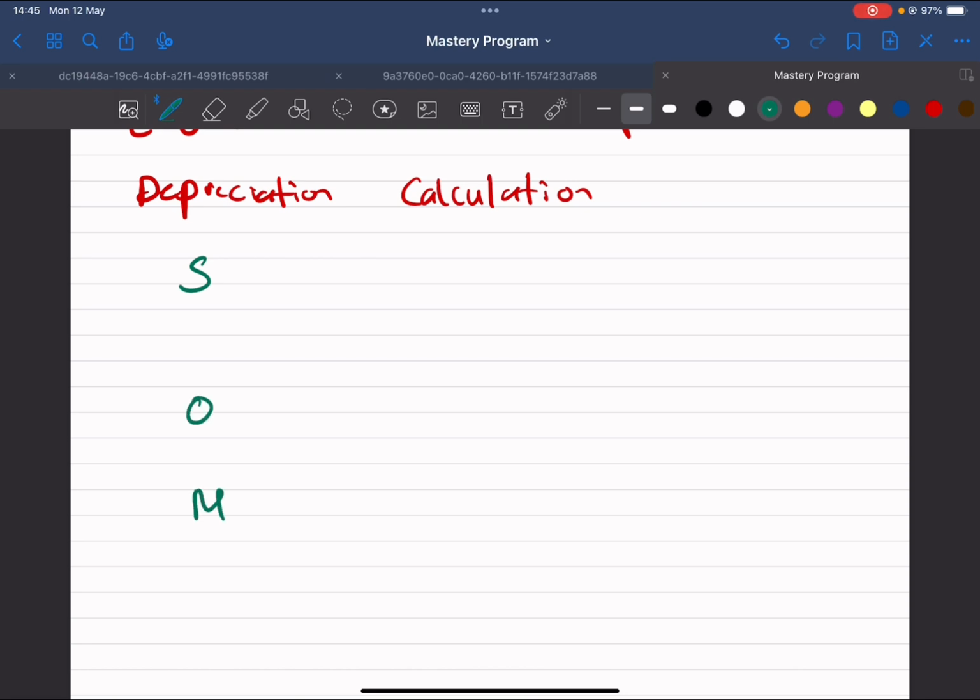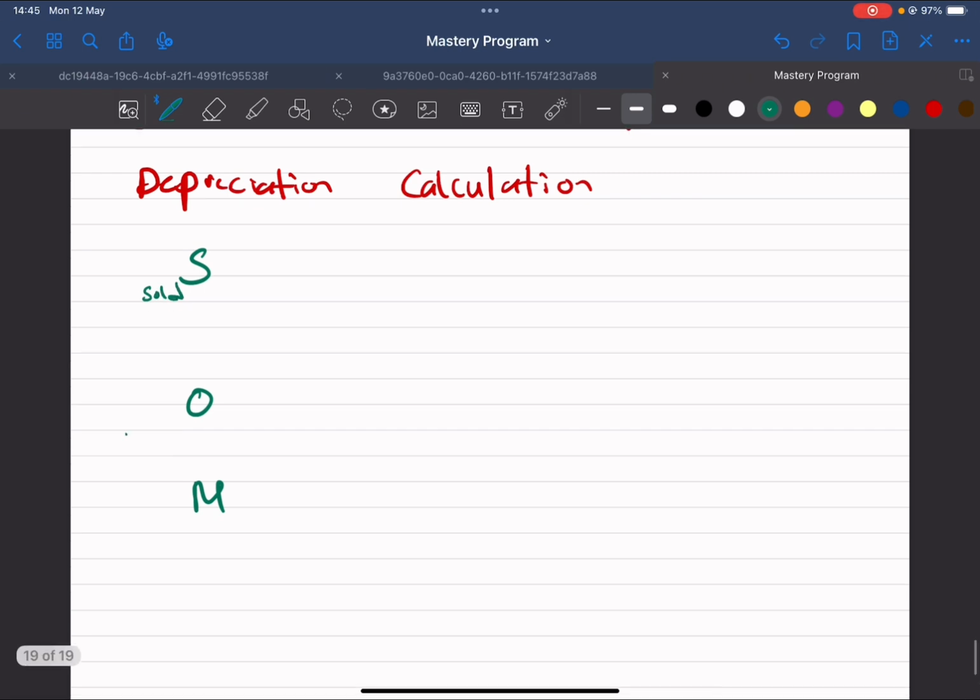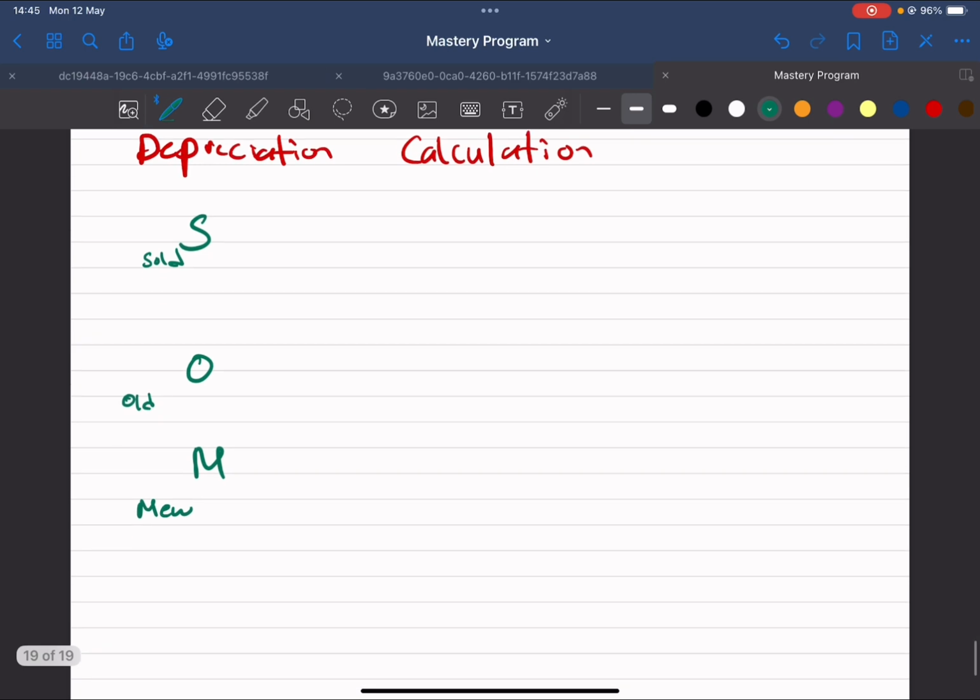So what is SUN? Basically with SUN you're going to calculate depreciation on the assets that were sold, calculate depreciation on the old assets, meaning the assets that existed at the beginning of the year, meaning that we bought them in a previous financial year, and then you're going to calculate depreciation on the new assets which were bought during this current financial year, right? So that's how you always do it. You calculate depreciation for sold, old, and new. So I always write SUN so that it gives me some sort of guidance,